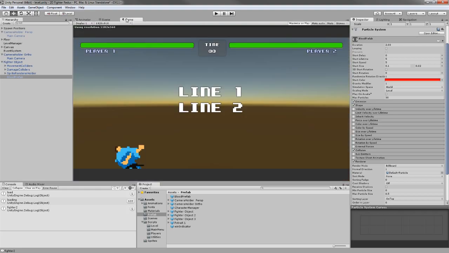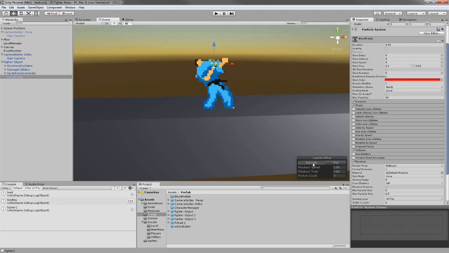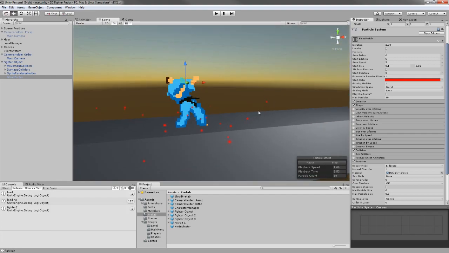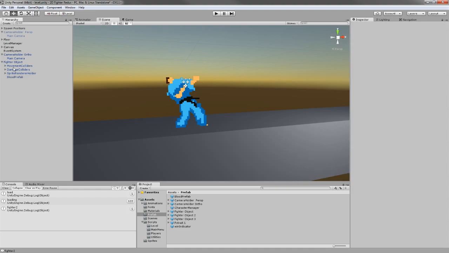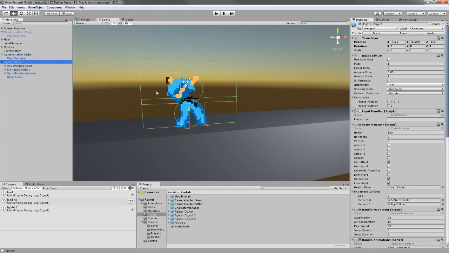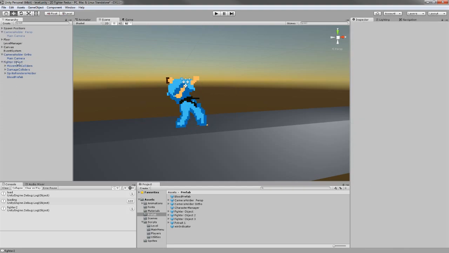But to do the cool thing that makes the blood particle count, you only have to enable the collisions and set it to 2D or 3D. 2D will interact with 2D colliders, 3D will interact with 3D colliders, and for collides with, you just want to disable the characters, otherwise it's going to collide with the colliders we have over here,